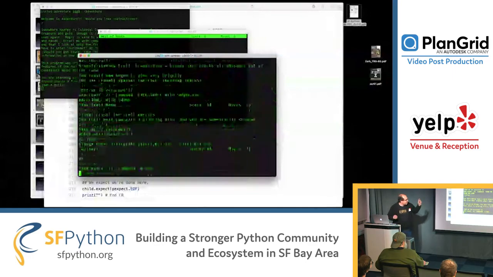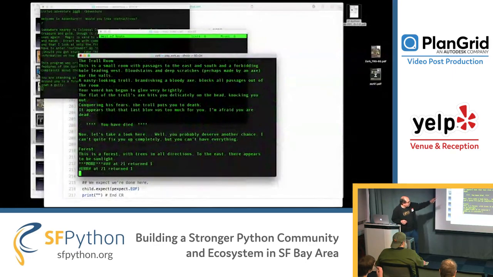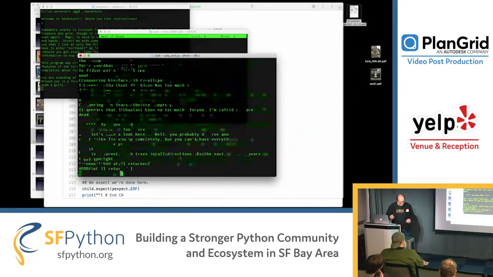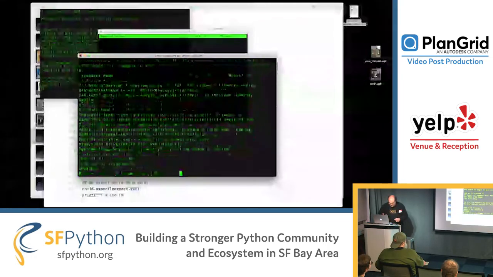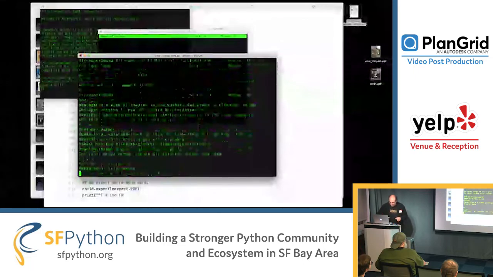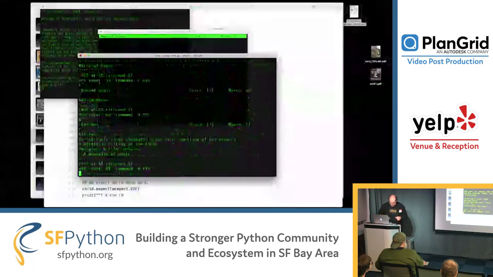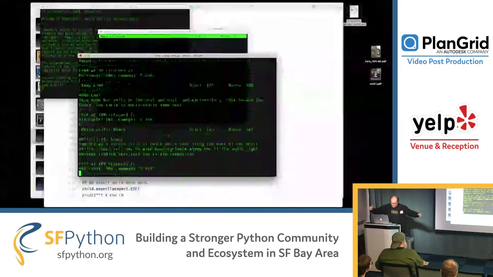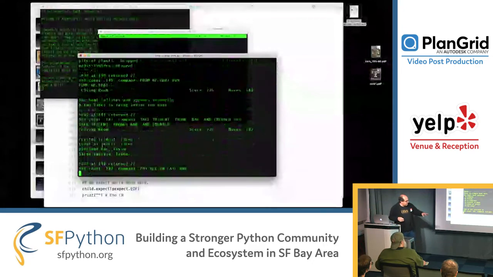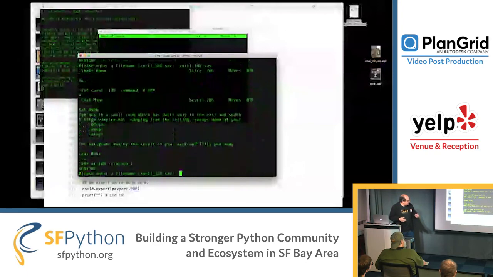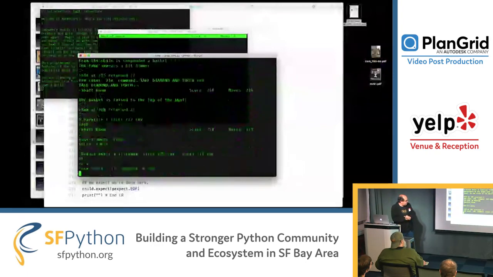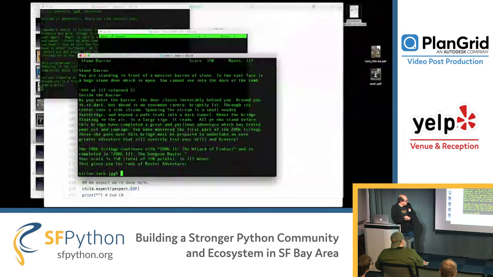So let's try a couple more keys here. Okay, we killed the troll. Died. Kill the troll, kill the thief. Gone. There it goes. Yes. Okay. I have a couple other things. You can look at the code and see where it has to try a couple things. And it's probably. There we go.